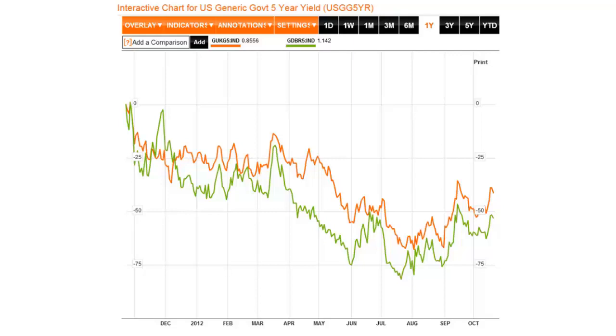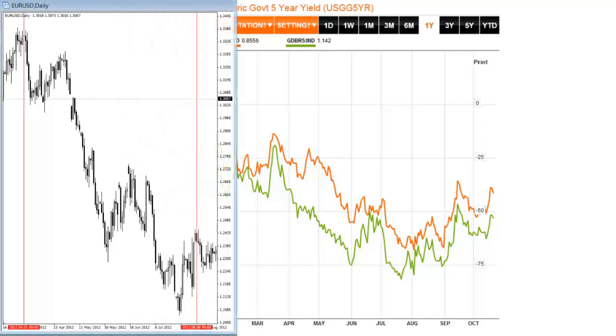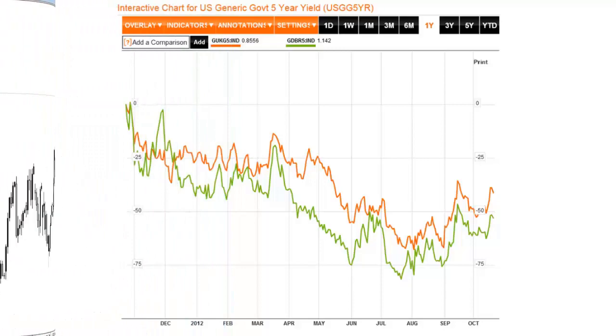The UK is for the cable. Well, if you look at the underlying weakness that was in the yield for the German, you can see how we were really, really weak, really soft in the March-April time period for the fiber. So there was really no participation whatsoever or interest in chasing any higher yield there. They were actually selling into that, and you could see the weakness really accelerate going into June and the middle of July.